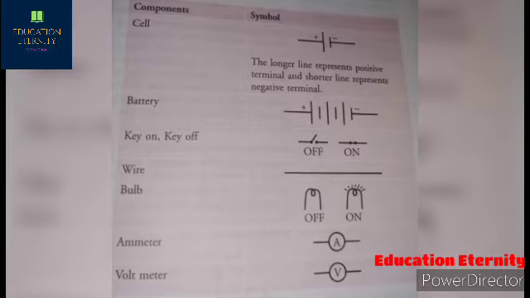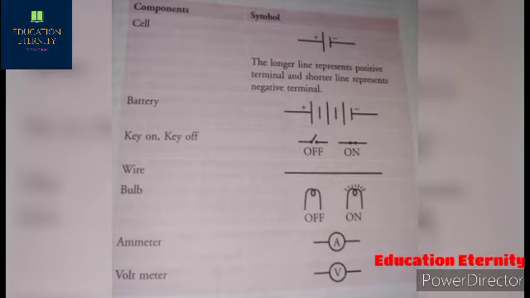Now appliances. A current is always connected to an appliance that works with current. For example, the filament of a bulb gets heated up by the current and glows. Conducting wires. Conducting wires are used to connect different components of a circuit. These are generally copper wires with an insulated covering. Copper is a very good conductor of electricity and hence it is used for this purpose.